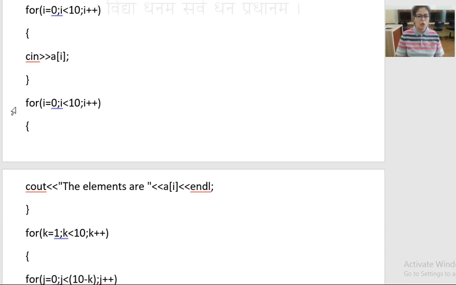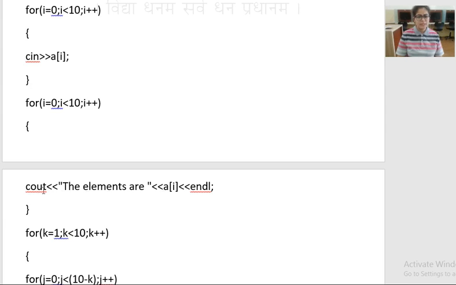So now this for loop is to print the elements on the output screen. So again, a for loop for 10 numbers: for i equals 0, i less than 10, i plus plus. Now you have to print the numbers. For this you have to use a cout statement. Cout, and you want this message as the elements are. The elements means in array, whenever we have to print the elements, we have to write in this way: name of the array and i means their values.